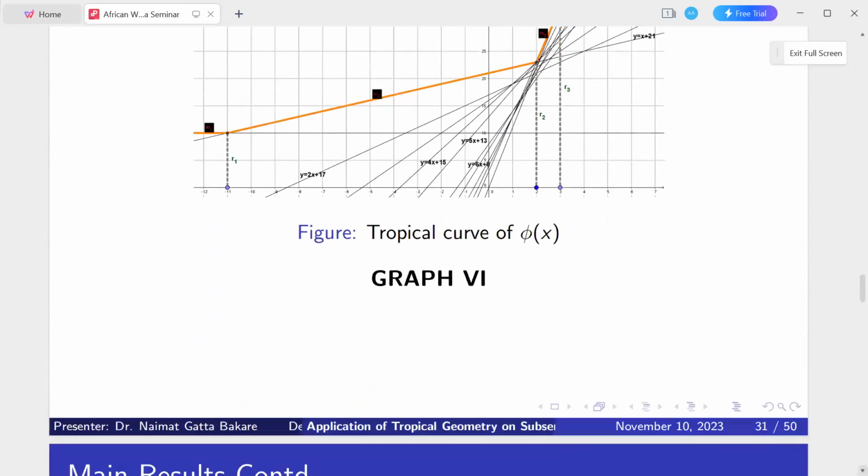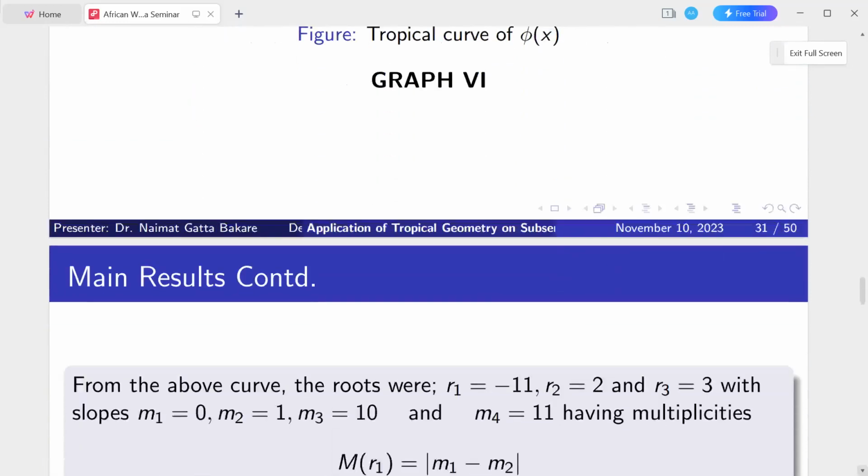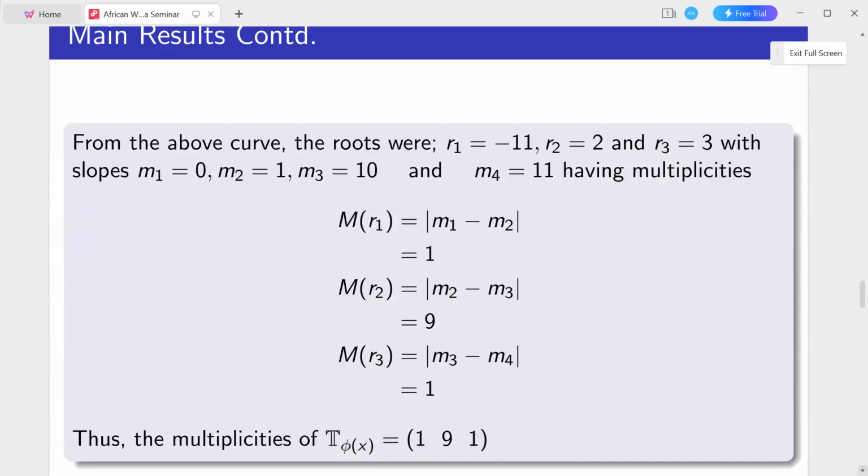This is our tropical curve plotting gotten from the GeoGebra app we used to plot. In doing that, we can see that the multiplicity of height we have here is 191, which is equally of height 2. The first one is 121, but it's equally of height 2 because we can only have 1 and 2. So they are just 2 elements. That's why we call it I2, which validates our